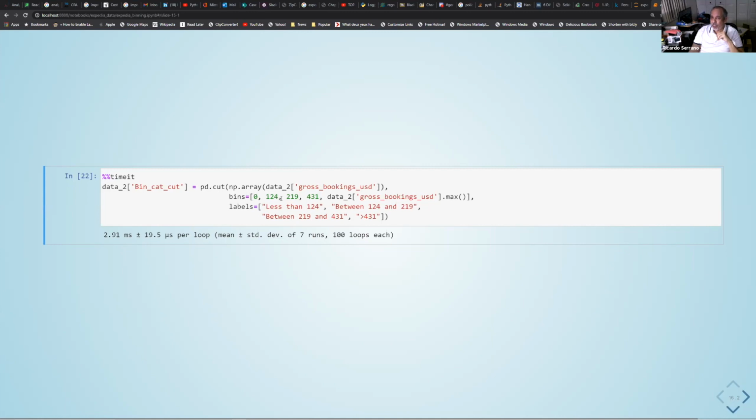Then we're going to spell out the binning thresholds, the binning limits again, which are 0, 124, 219, 431. And to generalize the function, instead of that number 167,000 that we got with the describe, we're going to get the maximum value of that array for our last bucket.